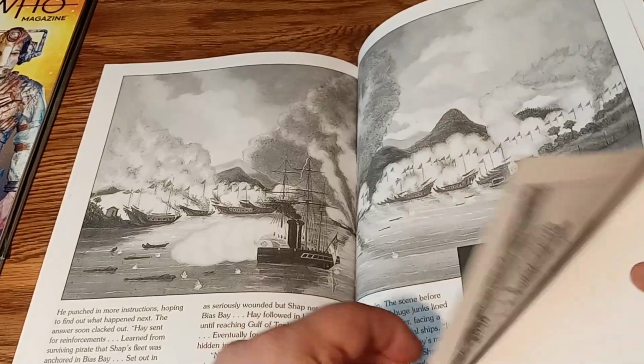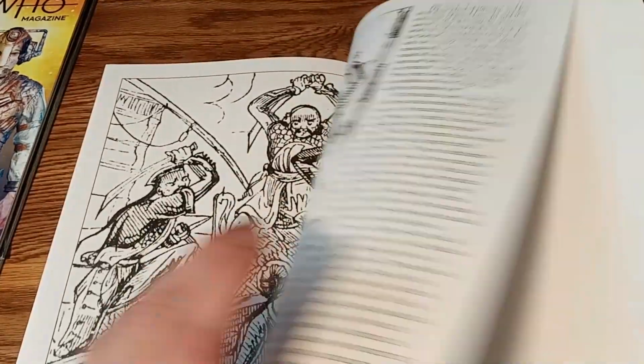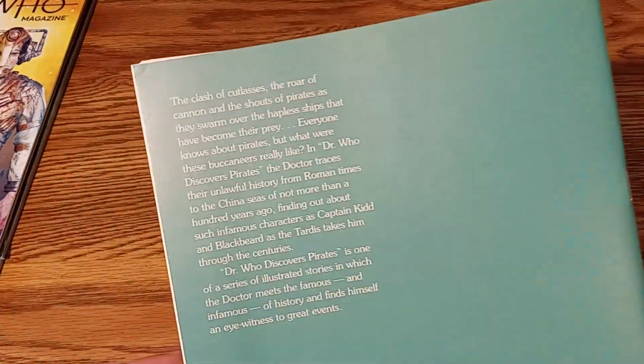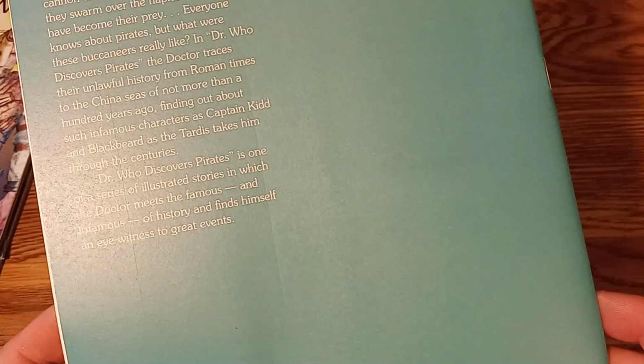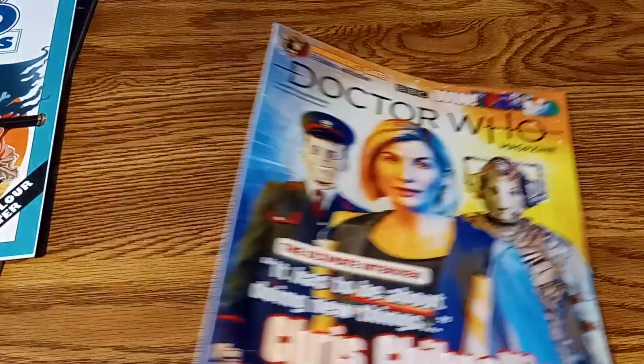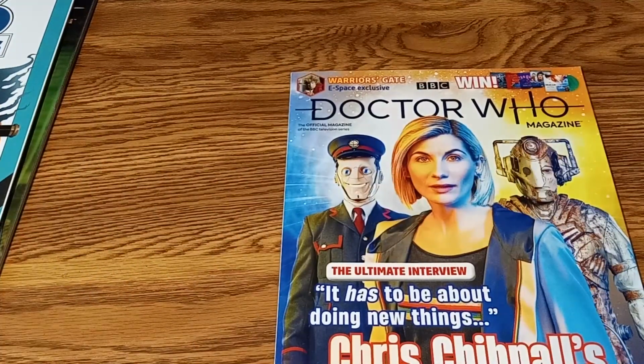Huh. I don't know anything about it yet because I've just got this in the mail. I haven't read anything about it. So this could be a reprint of something. I don't know. Huh, interesting. All right, so now we have